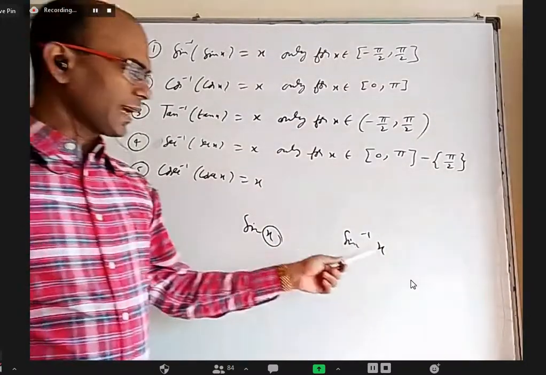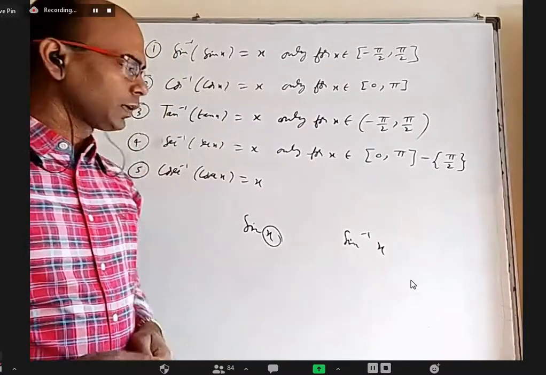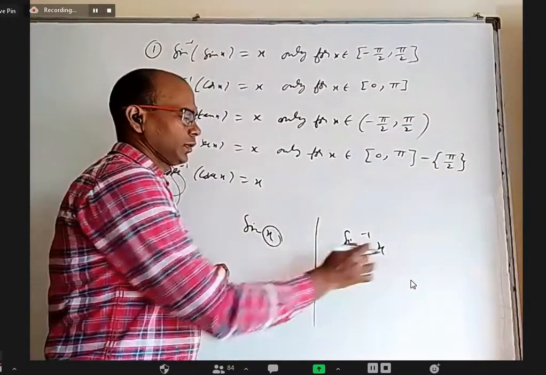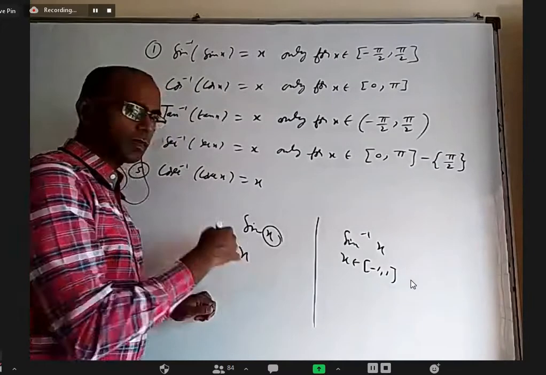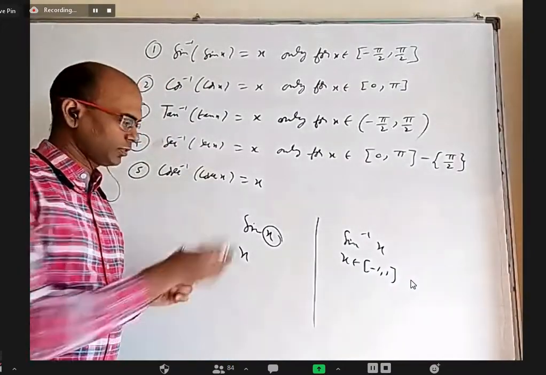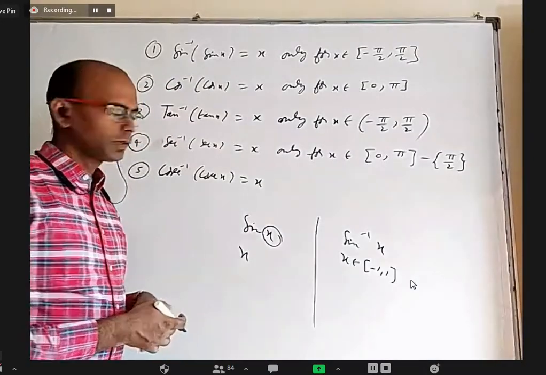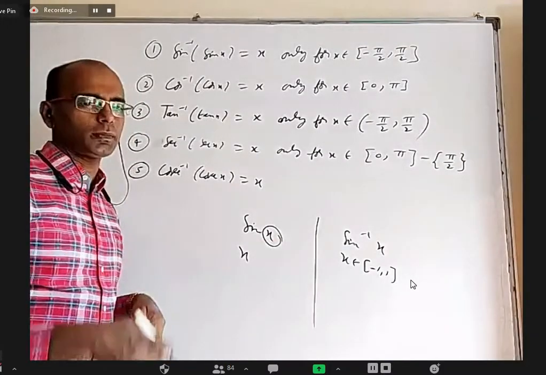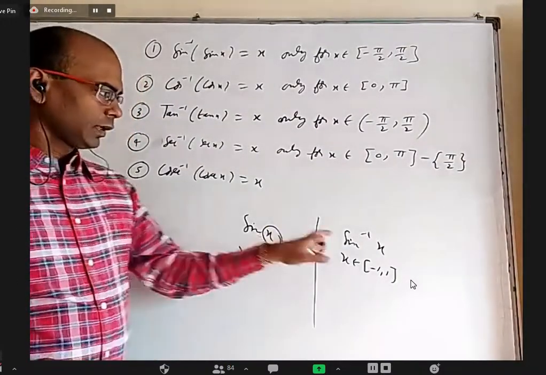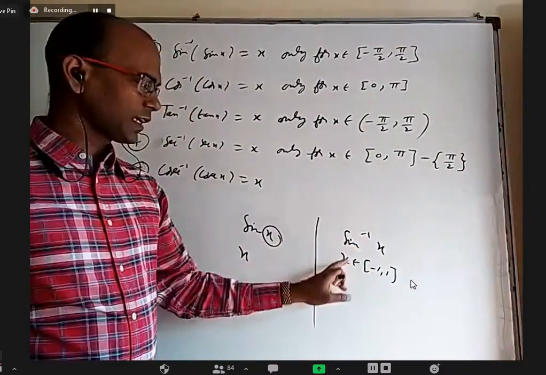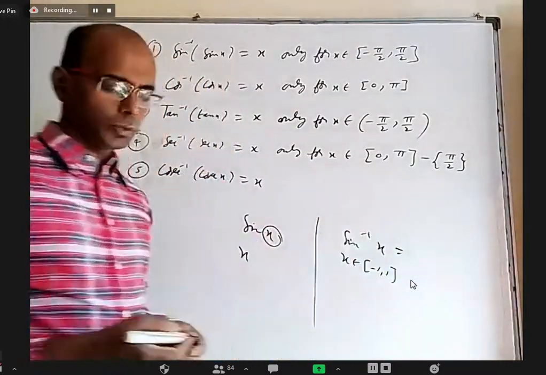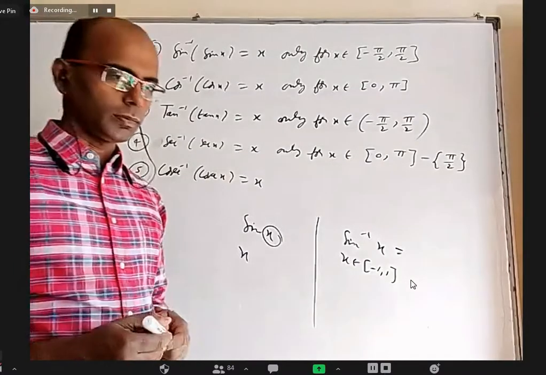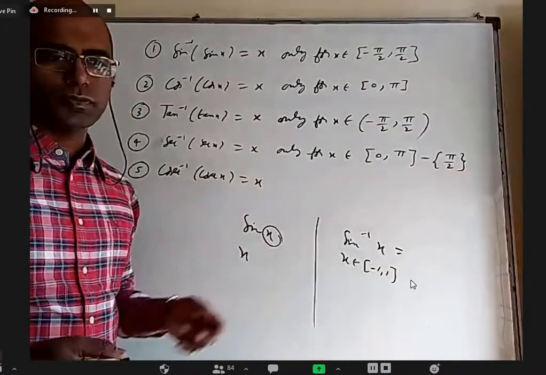But when I talk about sine inverse x, here x belongs to minus 1 to 1. Here x can be any number, not just minus pi by 2 to pi by 2. Sin x is defined for any x value. It can be 1000 degrees, it can be 10 pi by 3, you can write in radians or degrees. But when you talk about sin inverse x, your x has to be between minus 1 to 1. And here your answer, the output is from minus pi by 2 to pi by 2. And here the output is minus 1 to 1.